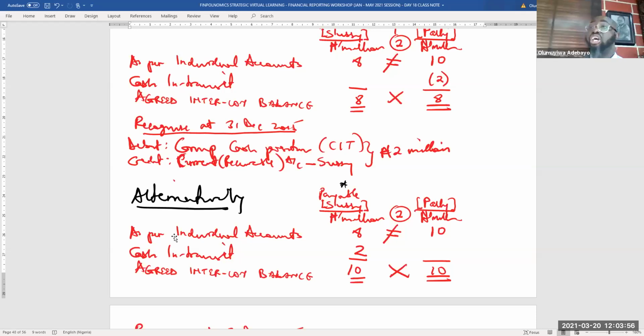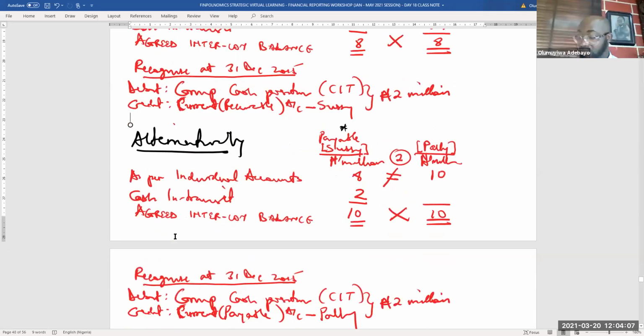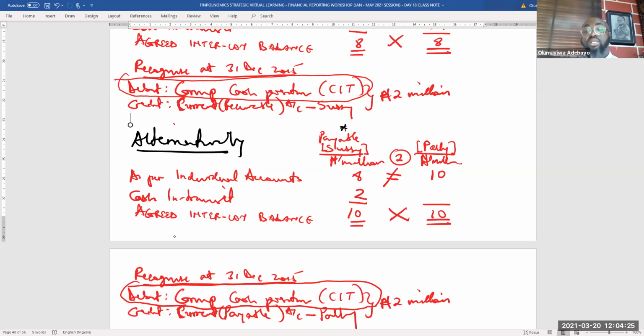Therefore, whether you agree it at 8 or you agree it at 10, one thing that is paramount is, one, you recognize your cash, which means the two entries depict that cash position should be recognized. And two, the agreed balances have to be eliminated. Therefore, that is how that is done. Therefore, to continue,